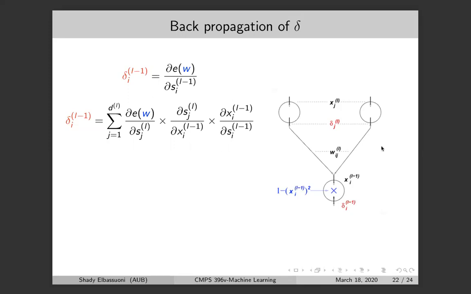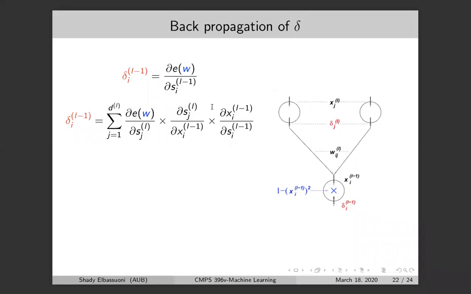So what is this? Again, I apply the chain rule. It's the partial derivative of the error E_W with respect to the signal S_j of L. Basically, I want to compute the partial derivative of the error with respect to the signal. So I'm going to compute it through the signal first, and then do some chain rule to get it to the S_i of L minus 1. So it's the partial derivative of the error with respect to S_j of L, where S_j of L is the signal at the neurons in this layer,